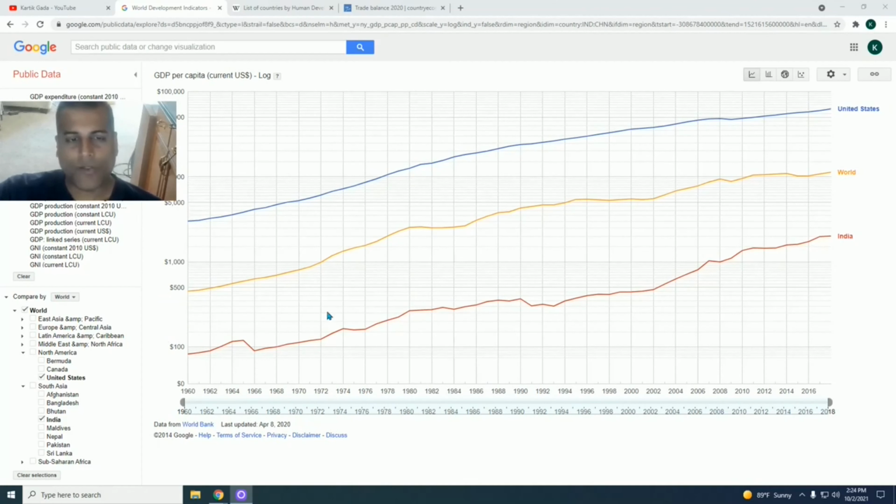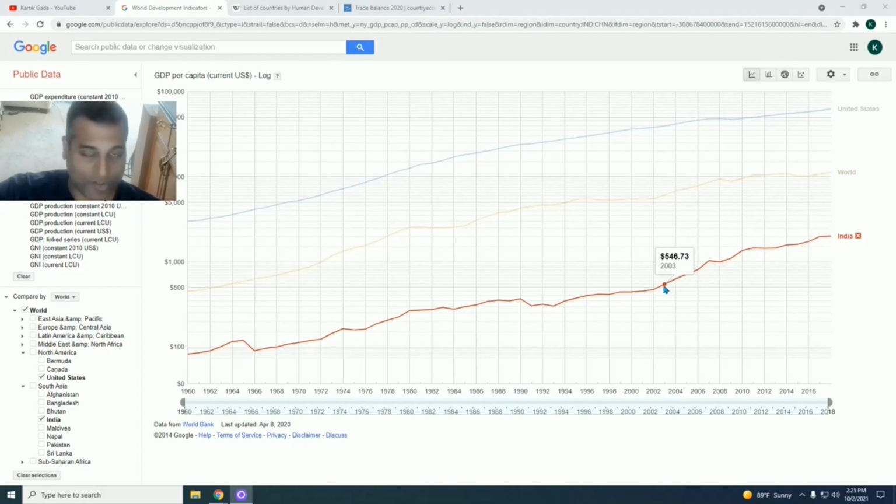As we progress through the decades, you can see in the 1990s, which a lot of Indians think was a time when some major economic growth started, the truth was quite the opposite, in fact. This is when India was the furthest behind the world average and the furthest behind the United States, in the 1990s and early 2000s. It was falling further and further behind. And then after that point, starting from about 2002, there was some catch-up for a few years, but even that has been flatlining ever since. So other than this one spurt, there was never any real phase of sustained structural high growth.